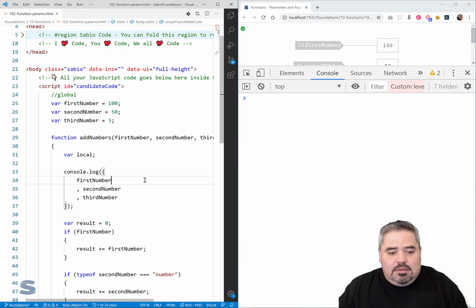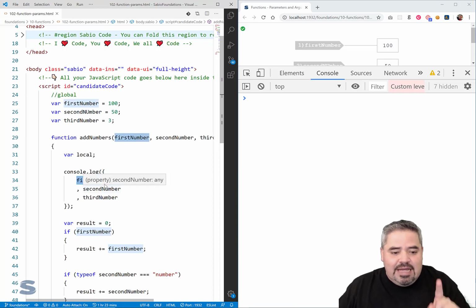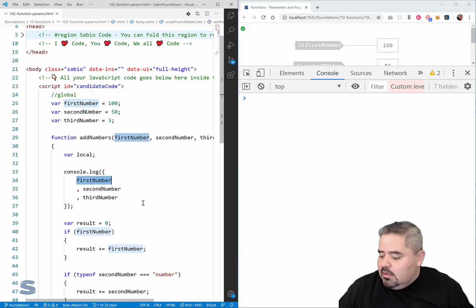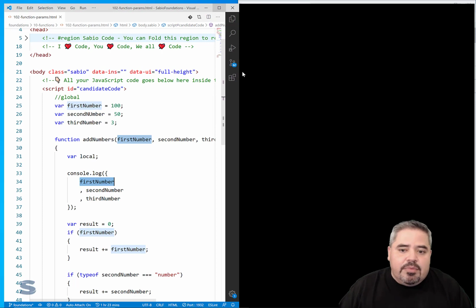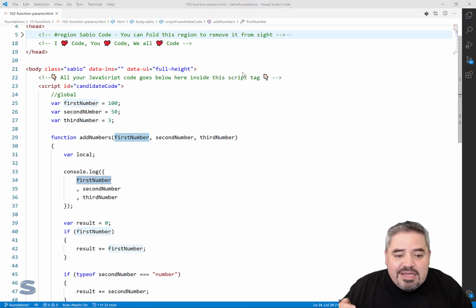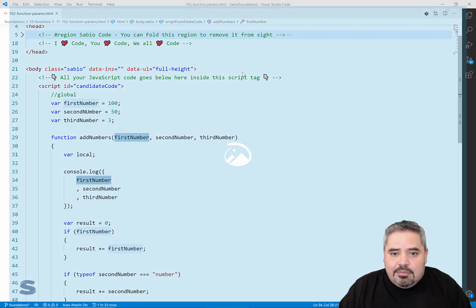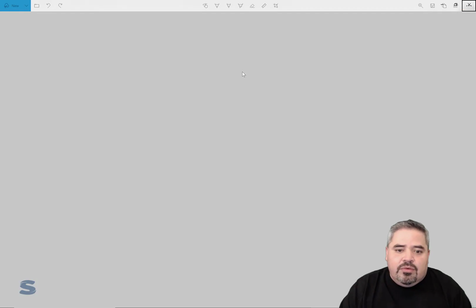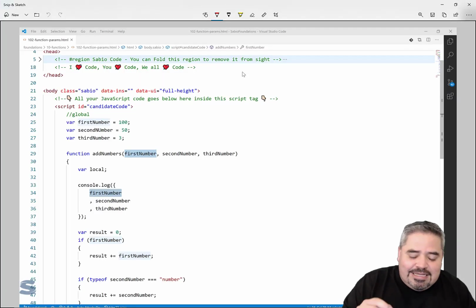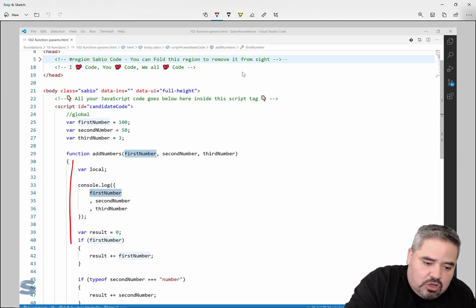But it's not, because first number here is not pointing to, right? First number there is not pointing to the global variable. First number is pointing to the parameter. And so I'm just going to draw this literally for you, because as the function, when the code is executing